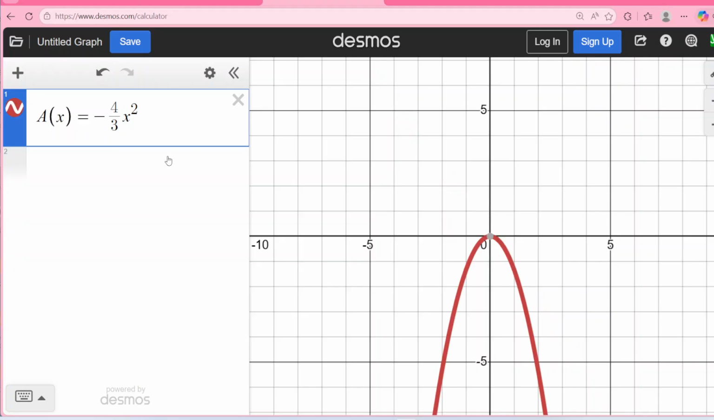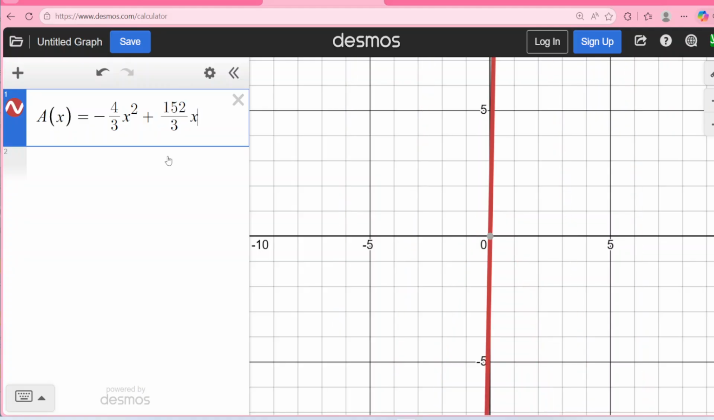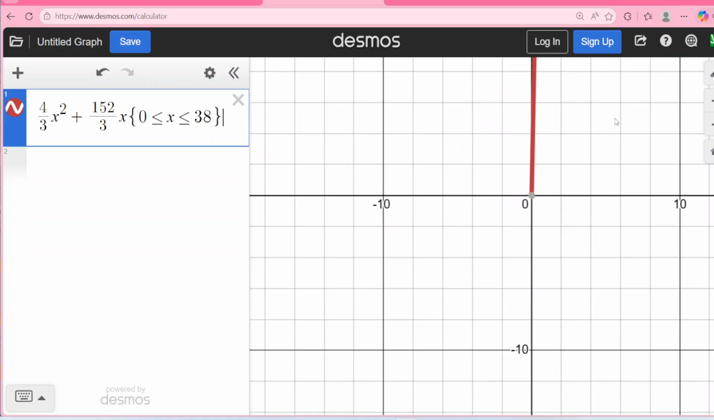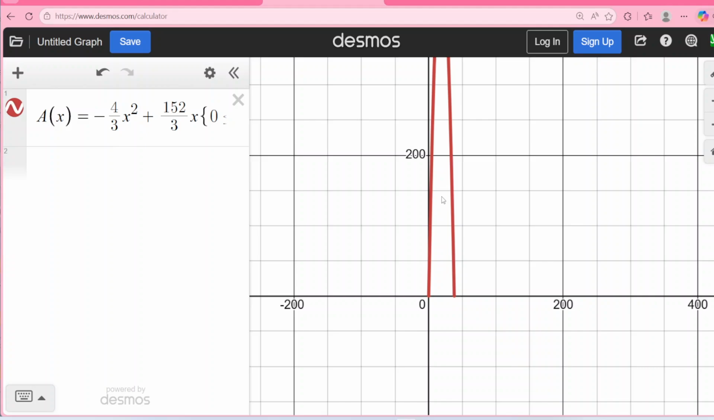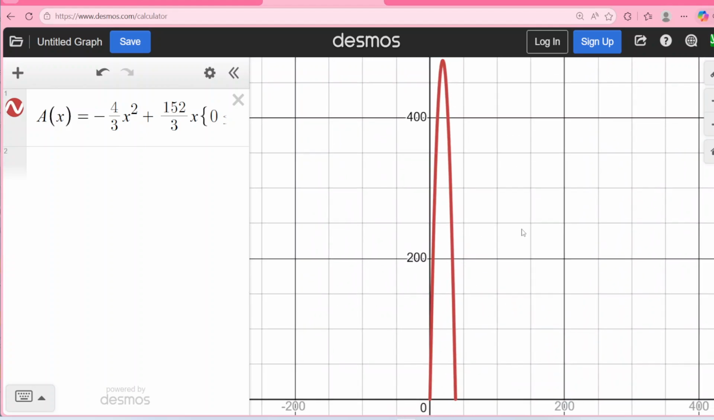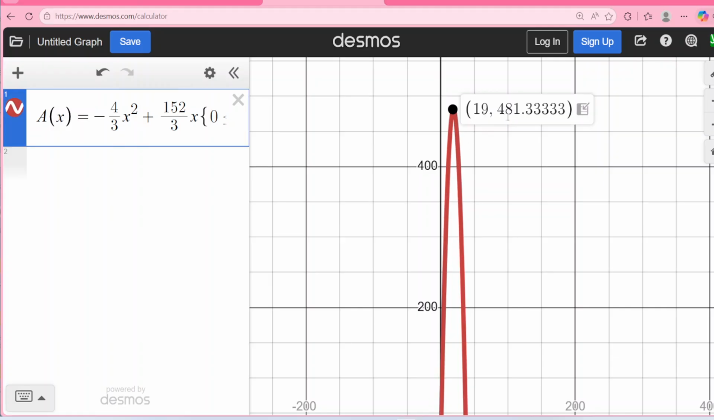So there's -4/3 x squared plus, and then 152/3 times x. And again, we said we had to restrict the domain from 0 to 38. All right, so 0 less than or equal to x, less than or equal to 38, based on the restrictions of the actual problem. And look at this. All right, so I'll zoom this out. So you can see parabola opening down, right? There's clearly some maximum value up here of